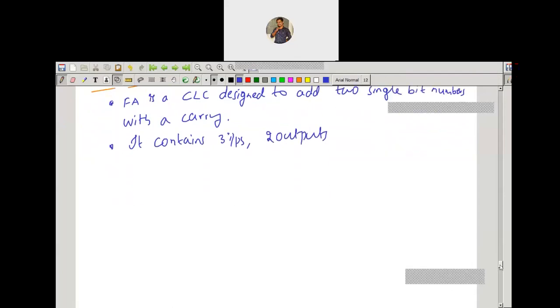Now we'll make the truth table by taking the three inputs, A and B, and one more input, carry. So let me take the input carry. These three are the inputs, and with three inputs we can have 8 combinations. Outputs are sum as well as the output carry. Here I am mentioning input carry and output carry, whereas in the half adder I simply took carry as C, as there was only one carry, so I didn't mention input or output.